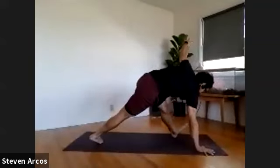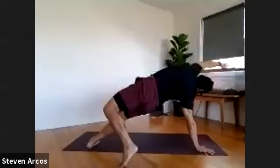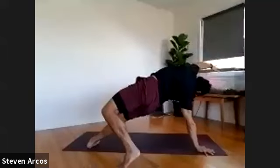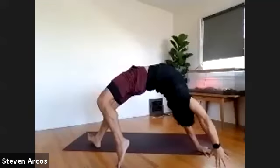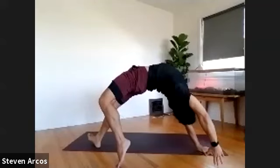hand, step your left foot back, side plank or walk, left foot steps back to the ground, up and over your head. Keep pushing through your right arm a lot, squeeze through your left glute, lift your outer hips, come back around,